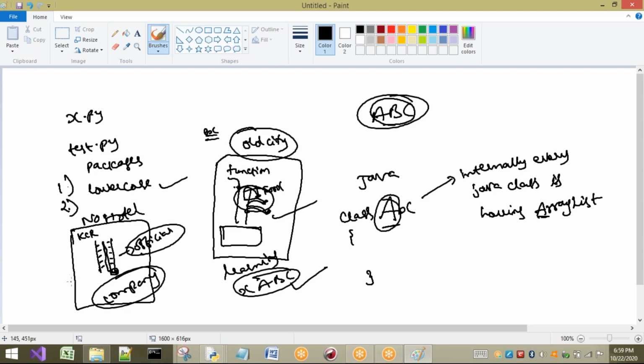Anyway, next, the second one: let us consider my package name has two words. For example, multiple words are there in my package name. Then what do I have to do? Whenever we have multiple words, an underscore should separate them. That is, my package name is arithmetic operations. I will take small letters, arithmetic operations. So two different words are there, so I will place an underscore in between them. It is recommended.